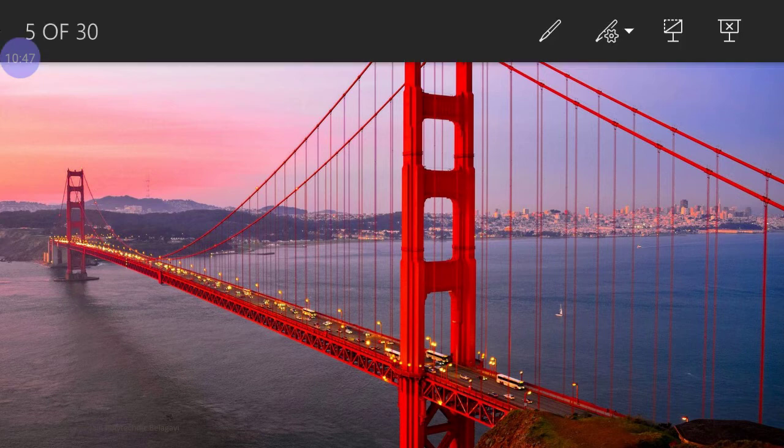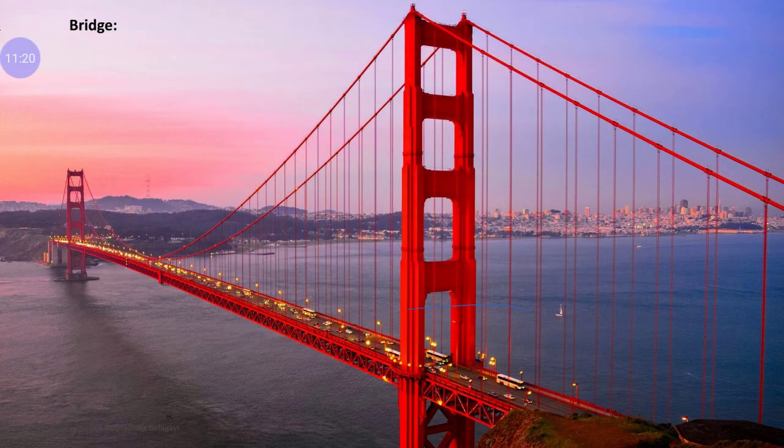See here, in this case there is a river. To go from one place to another place, this is an obstacle for us. To overcome this obstacle, we are going to provide this bridge. That is called a bridge.